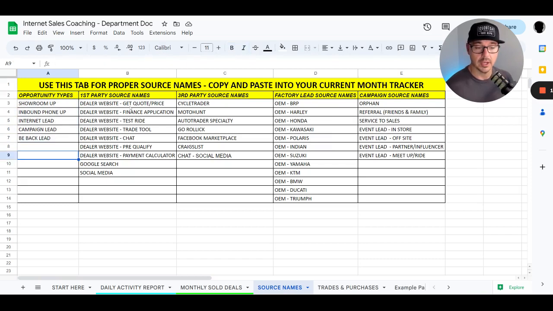For first party source names, this is a lot of your own dealership's assets or online stuff that you have full control over, like dealer website. But we also split it into the different forms available on a dealer website. So dealer website, get quote, finance app, test ride. A lot of websites have a trade tool. They also have a chat tool, like Engage to Sell or some of the other ones that are fully managed,